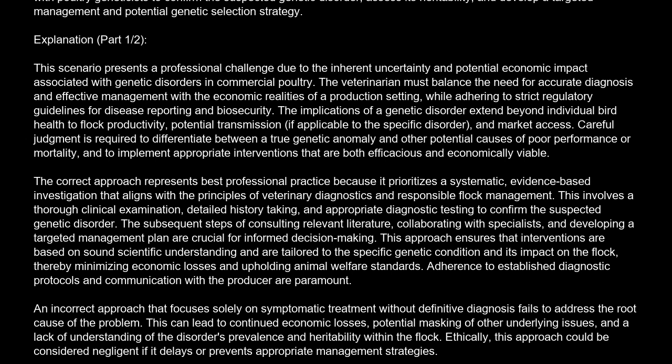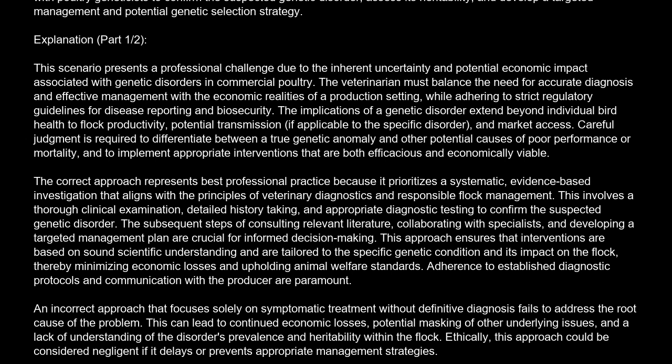The correct approach represents best professional practice because it prioritizes a systematic, evidence-based investigation that aligns with the principles of veterinary diagnostics and responsible flock management. This involves a thorough clinical examination, detailed history taking, and appropriate diagnostic testing to confirm the suspected genetic disorder. The subsequent steps of consulting relevant literature, collaborating with specialists, and developing a targeted management plan are crucial for informed